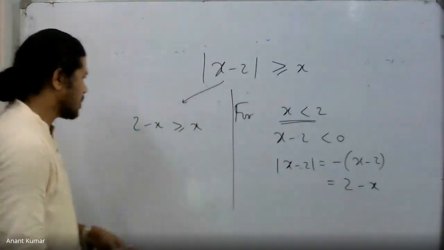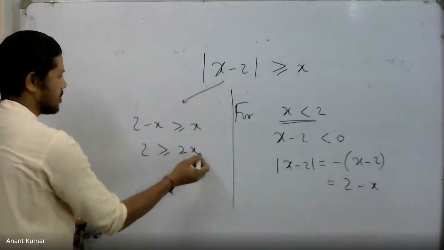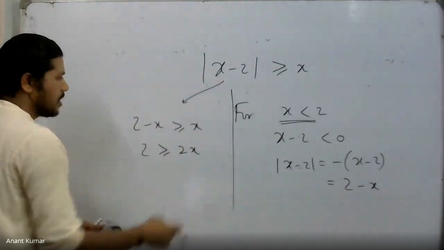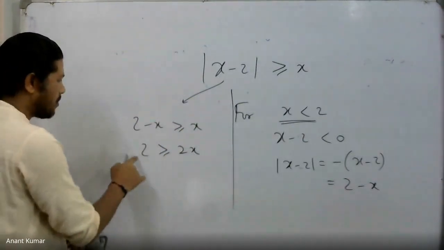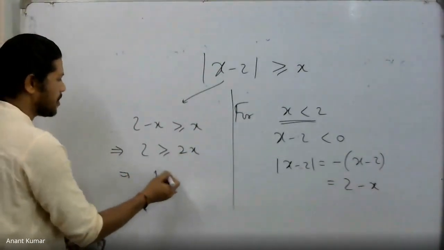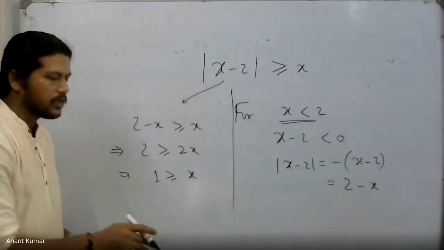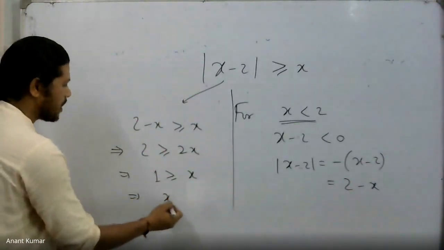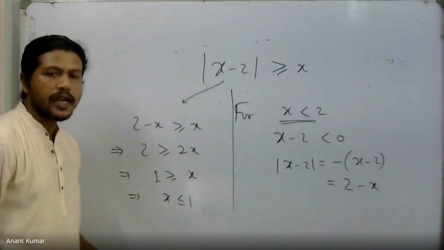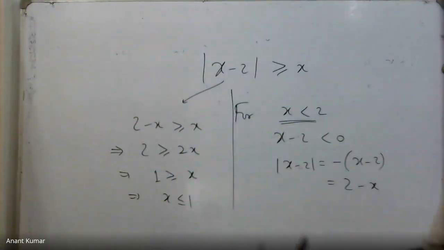Okay? In this case, for example, I end up getting this, but this one gives us what? 2 more than equal to 2x. I just take this x on that side, it becomes twice x. And therefore, I have 2 more than equal to 2x, but that is going to be when? That is when 1 is more than equal to x. 2 is a positive number, I could cancel it out. So ultimately, I'm left with x less than equal to 1. That is why I considered x less than 1. Anushka, you okay? It is what was a solution actually.